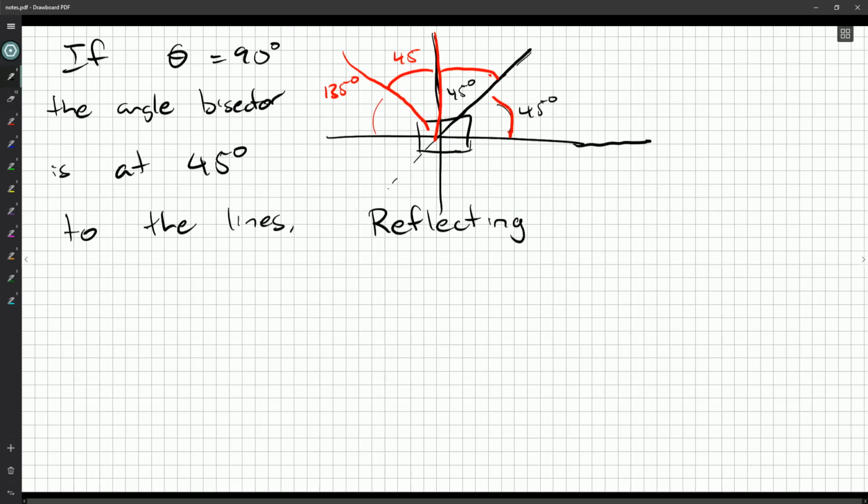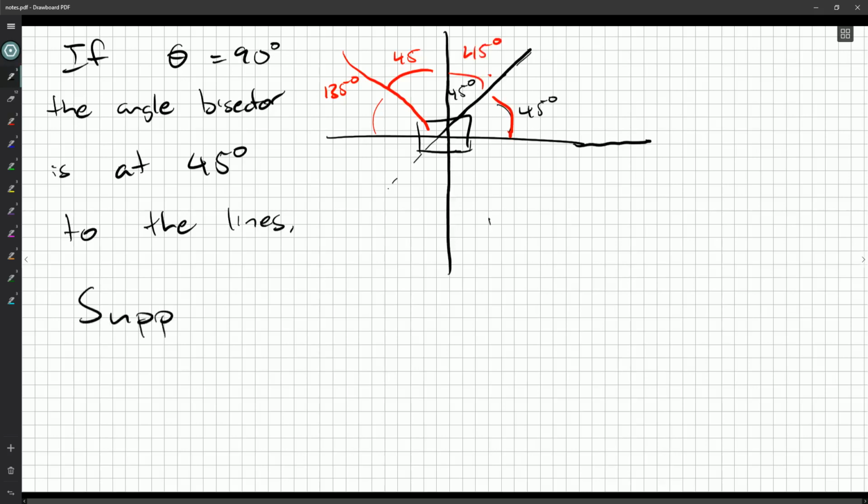Reflecting, I want to phrase this right. A picture is fine, but, oops, I don't have the pen tool anymore. There we go. A picture is fine, but I want to be a bit more precise. So I'm actually going to codify this and say, suppose